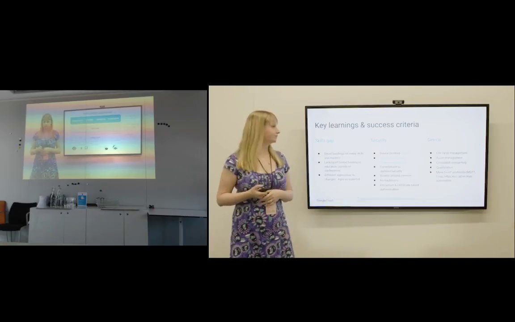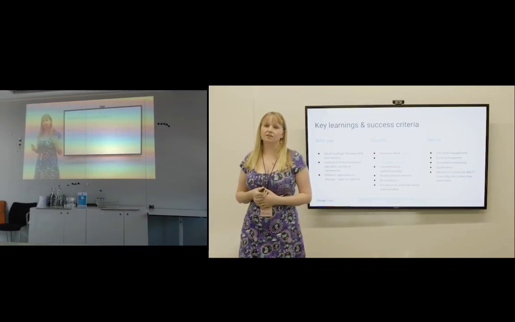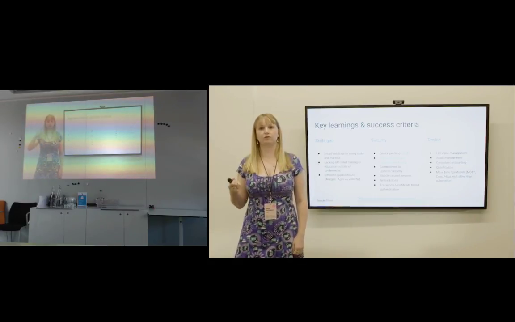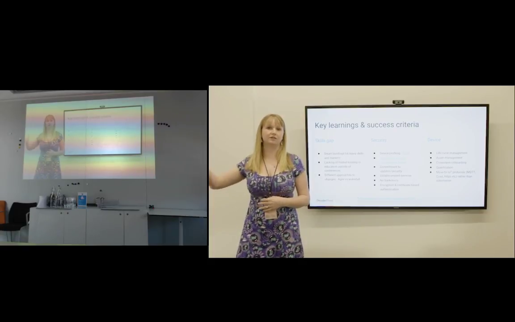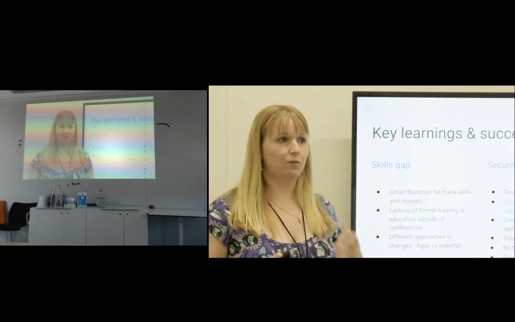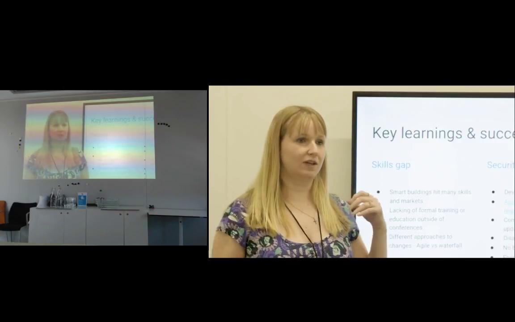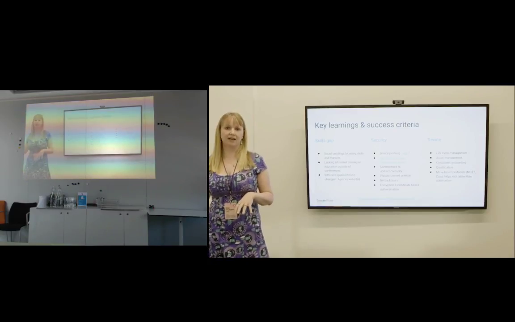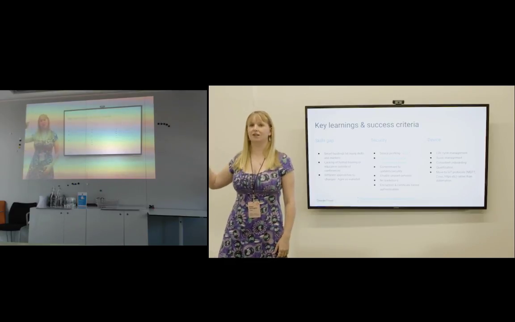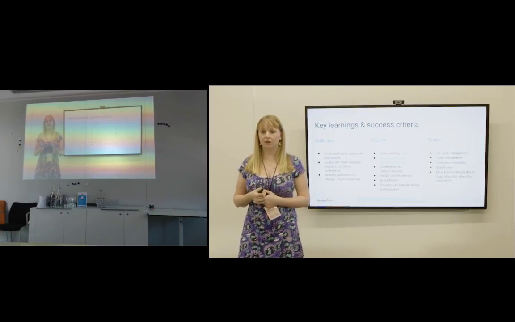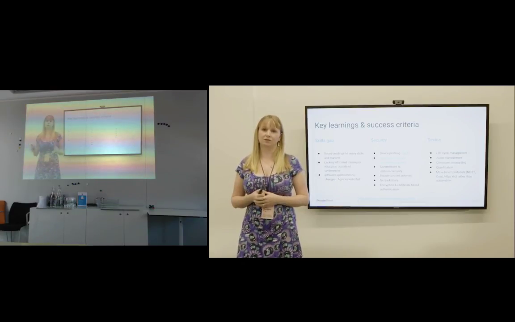So these are the key learnings or success criteria I feel need to be achieved to be able to hit the horizontal, because it's obviously a long-term vision, because it's very different to the way we currently build and design buildings. So the first is the skills gap. When you're talking about IoT and smart buildings, you're talking everything from construction, mechanical, electrical, FMs, people who are actually building and maintaining these buildings, all the way to your detailed IT systems. So people that are data scientists, application developers, IT network people. And that's a huge range of skills that are required to build and maintain one of these buildings.